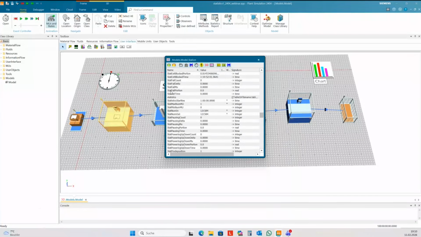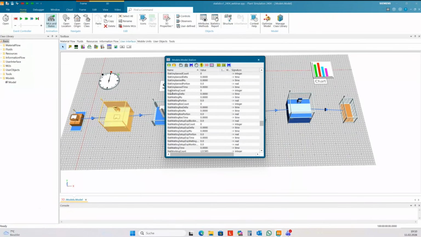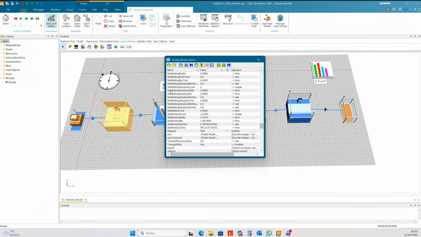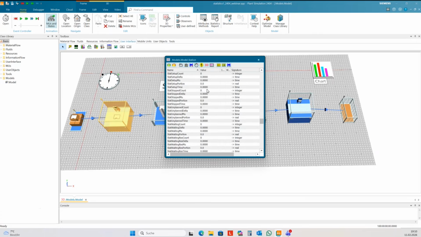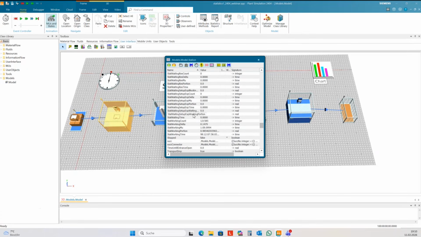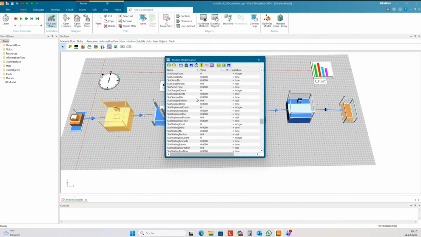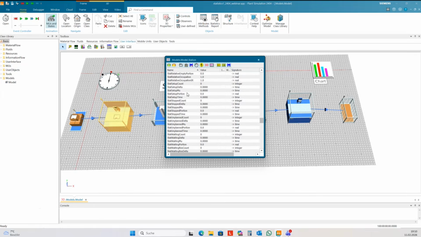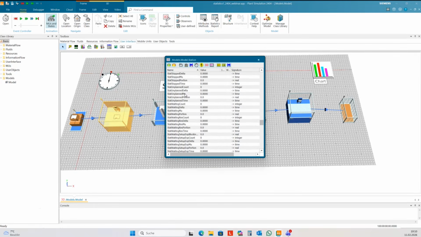And these are all the statistical values, and you find this in each element in Plant Simulation, and you need to look at what kind of data this element collects. You see some are 0, 0, 0. Then it's set up. We don't have set up, and we don't have resources.